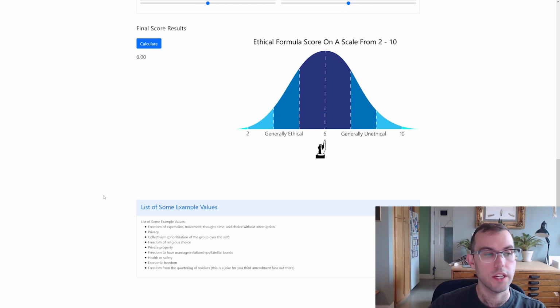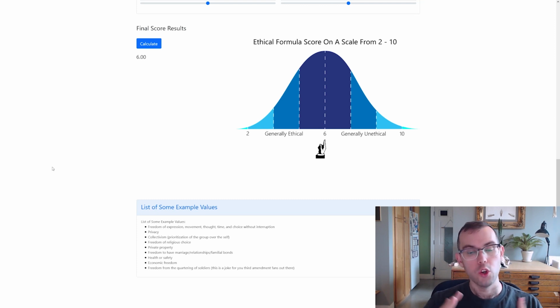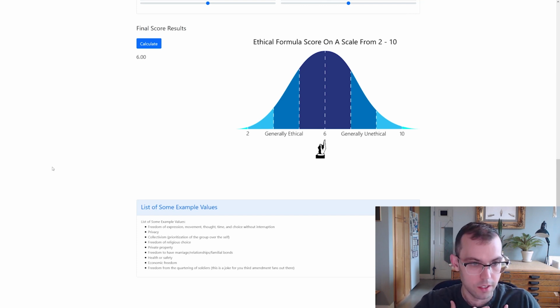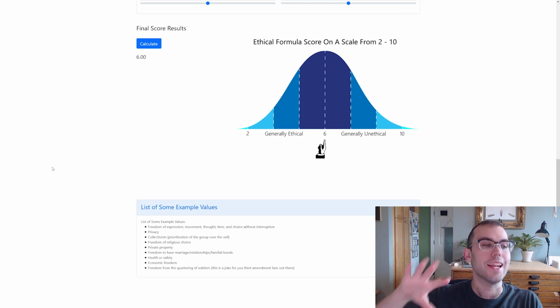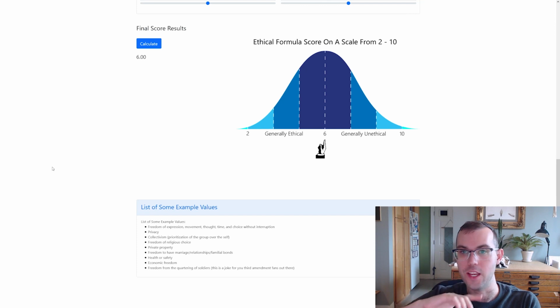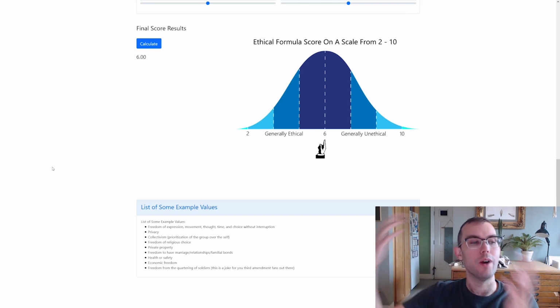One of the things I'd like to note is the difference between a value and a right. Sometimes I use them interchangeably. Values are something that's within me. That's what a value is. I value my privacy. Now, when a government takes the values of society and enshrines them into law, like in the United States, we have the Constitution, where we have the right to freedom of religion.